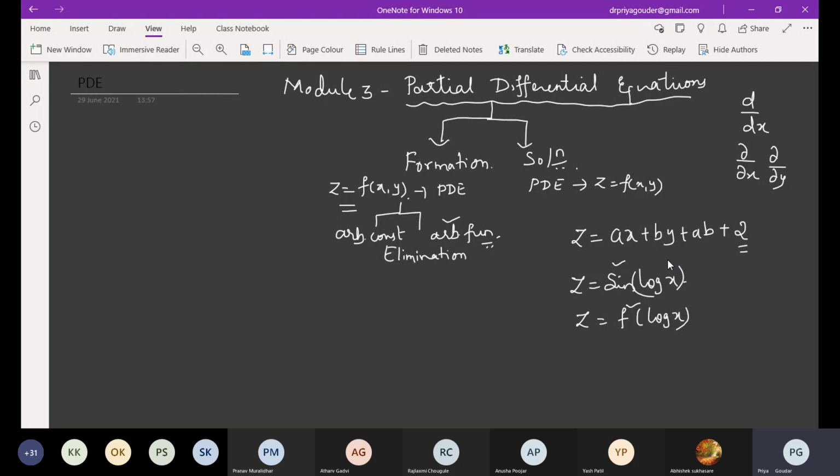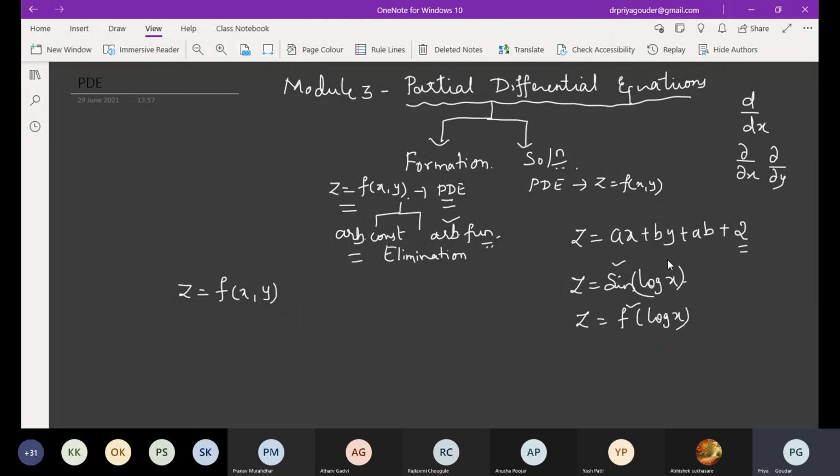So first today we'll see how to form the PDE by eliminating arbitrary constants. I'll explain the procedure. The main important thing here is to take z as a function of x and y. Don't forget this. z depends on x and y both, where x and y are independent variables. So if I change x, is there any change in z? Yes. Similarly, if I change y, obviously there will be a change in z because z is a function of x and y.